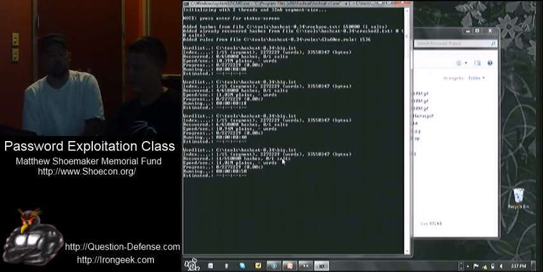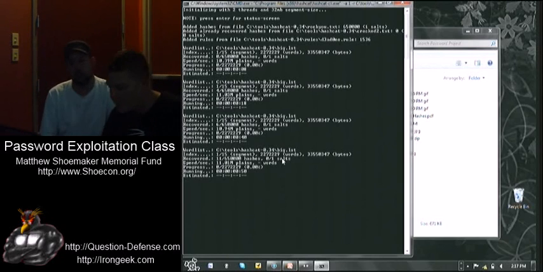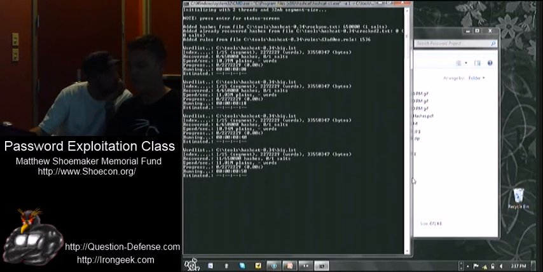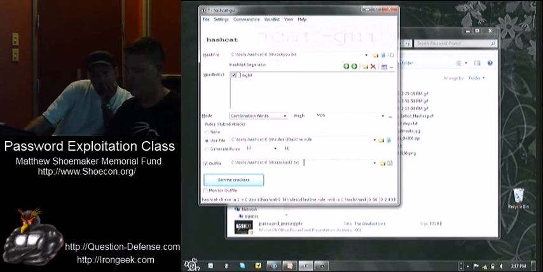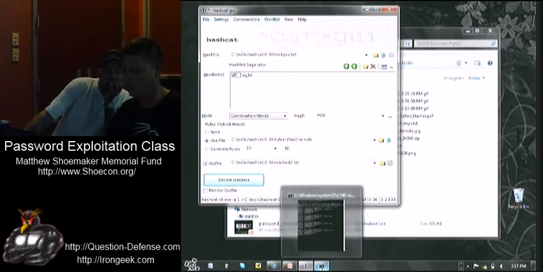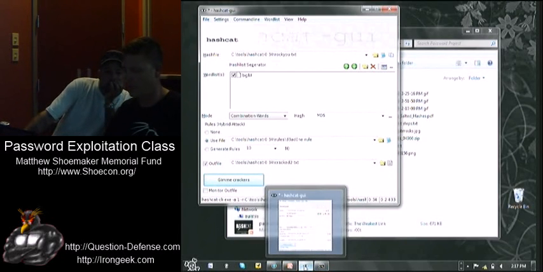And how many hashes are in your file? 650,000 hashes in the file. Now, where is it outputting them to? I specified an output file, which is right here, crack2.txt. If you don't specify one, it just puts it right out to the console. It prints it to the screen, correct, if you don't specify one.